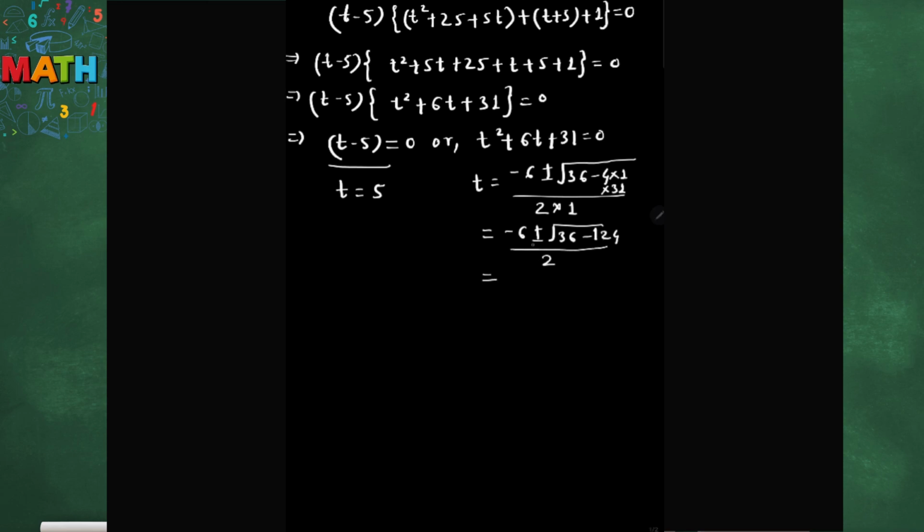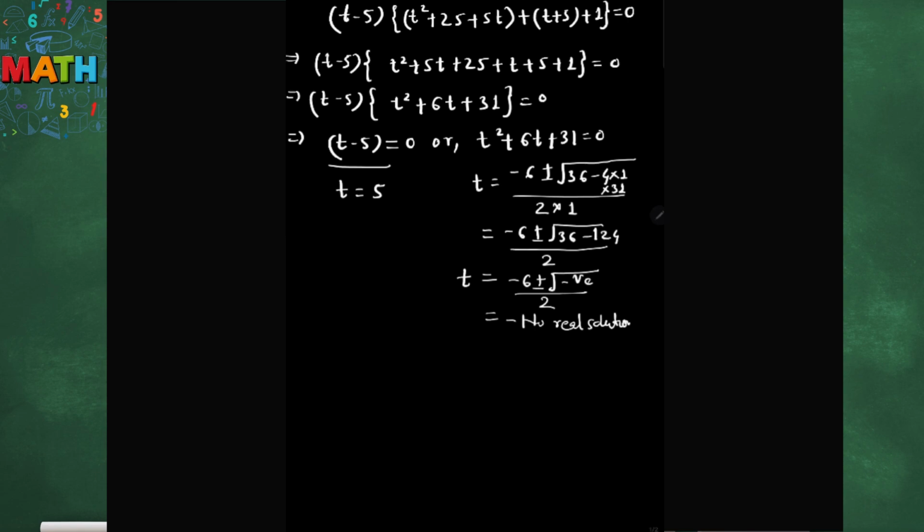So that means minus 6 plus minus the root of a negative value, okay? So whatever negative value it is, this quadratic equation will not have a real root, so no real solution